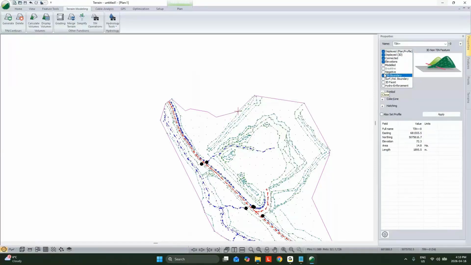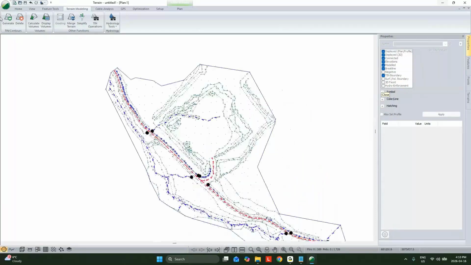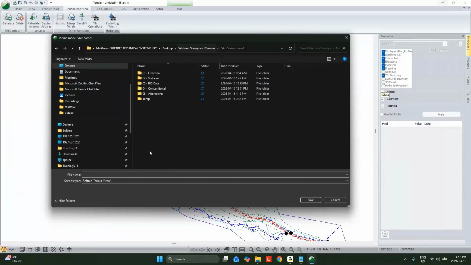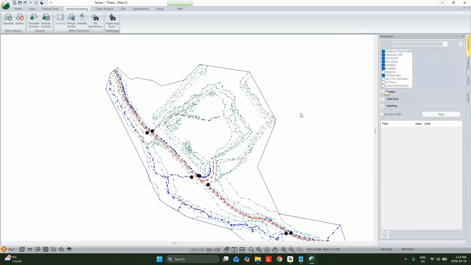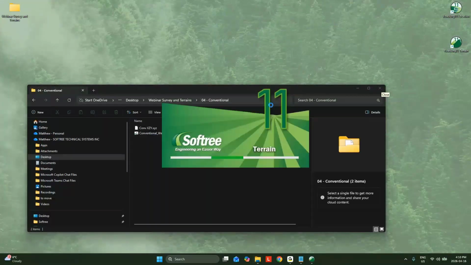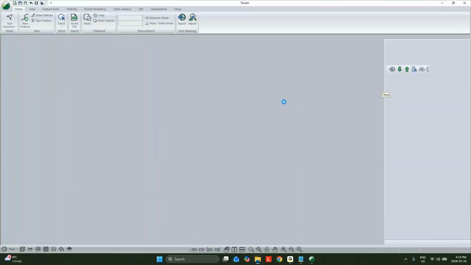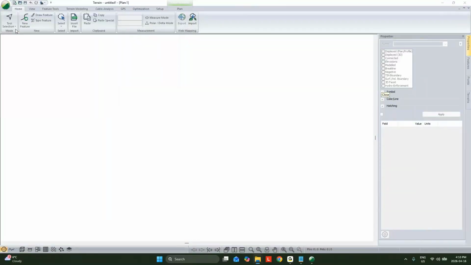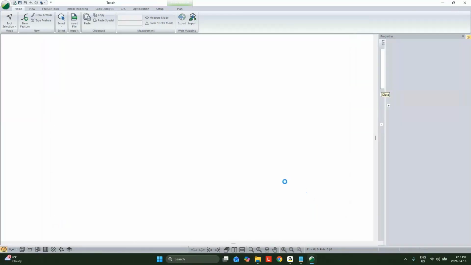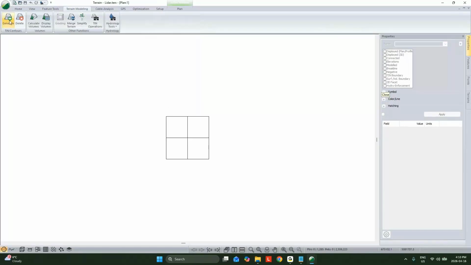So we'd say it's a tin boundary. We'll model it as a break line. And that's our, we'll call it TS, total station data. Now the LiDAR data, and I think I do have that one saved. Let's see if I just closed it or if I hit save. Open. There, I do have it. So my LiDAR data, or my LiDAR terrain file,